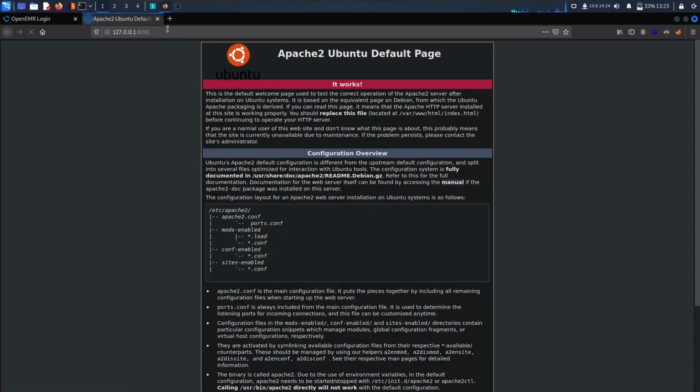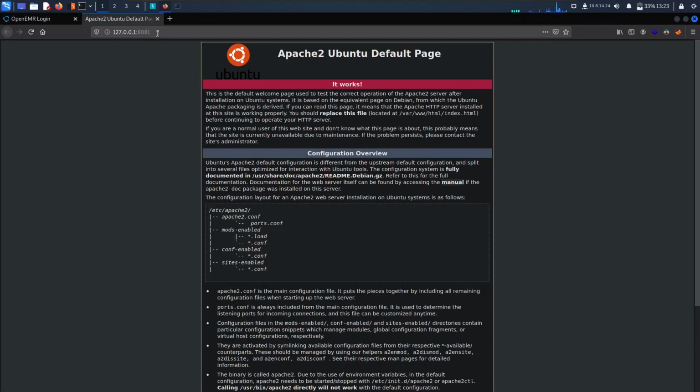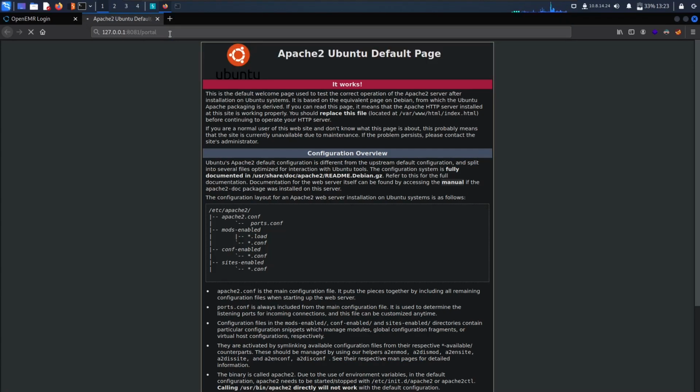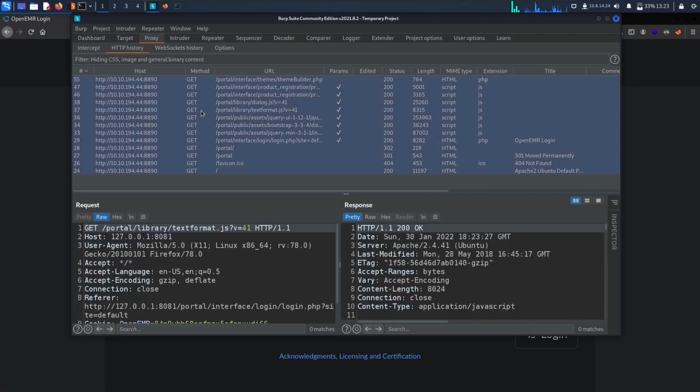We can quickly try this. 127.0.0.1 and then 8081. Hit enter, and then you can see it was redirected to this 8890. We can also specify here portal, and then it should take us to the login page, and it did. Perfect. So this way, we are passing our traffic to Burp Suite, and whatever we do will be logged into the HTTP history. So let's clear this history,